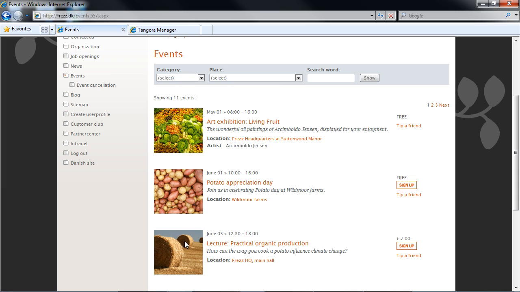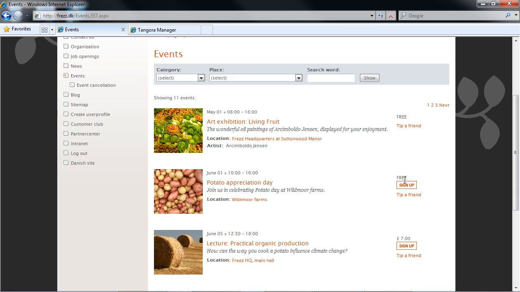Just to name a couple of examples, I could have omitted a photo, or I could have included links to files or external links. I could even add my own customized data fields if there were additional information on my events which the module hadn't anticipated. And in fact, I've done so here, where I needed a field to note the name of the artist for my art exhibition events.